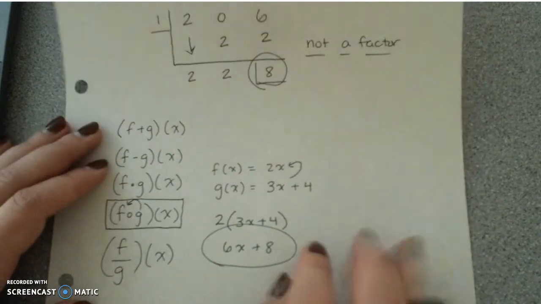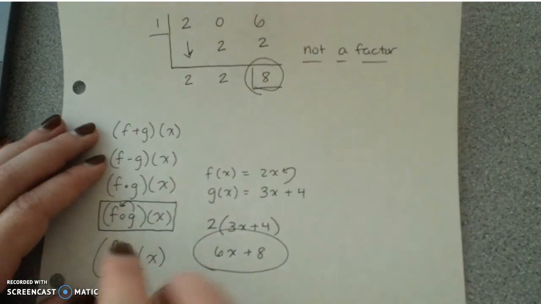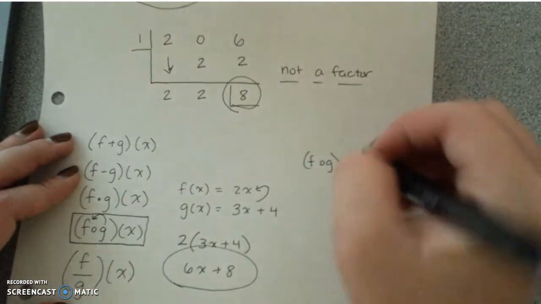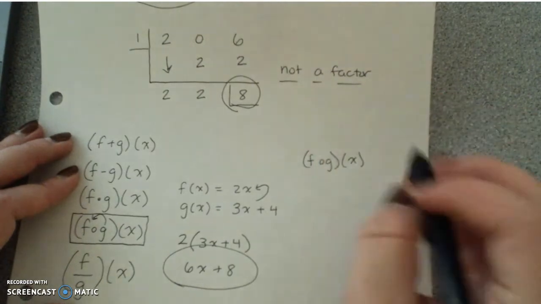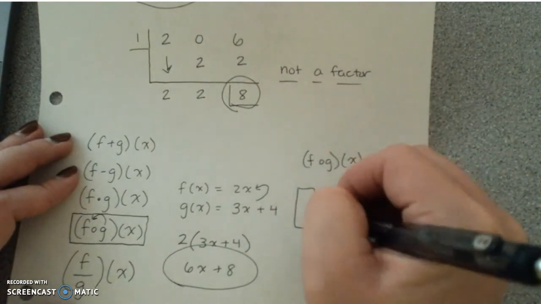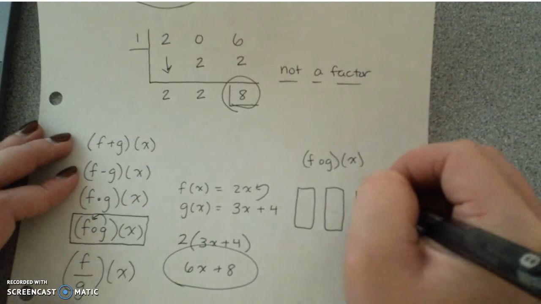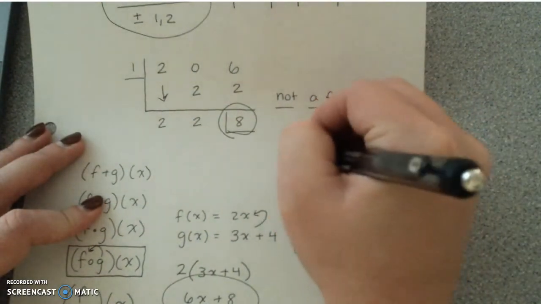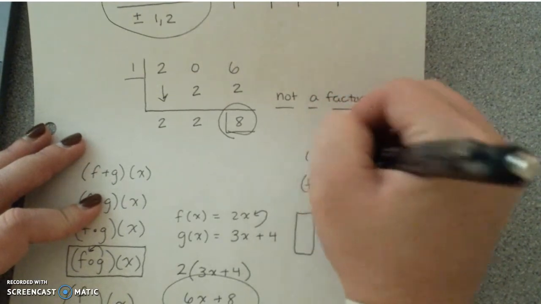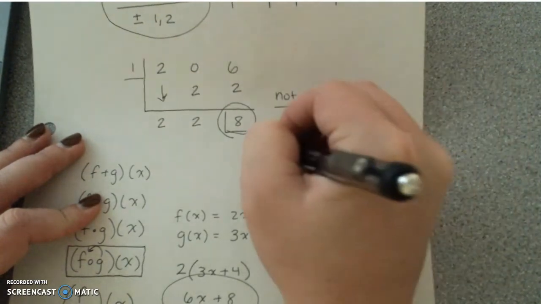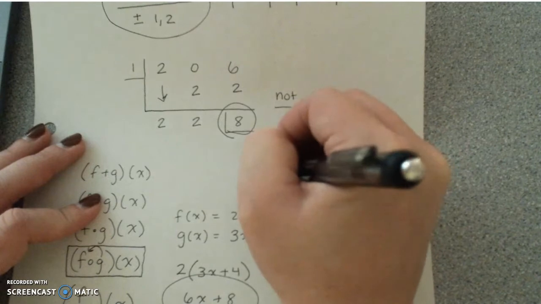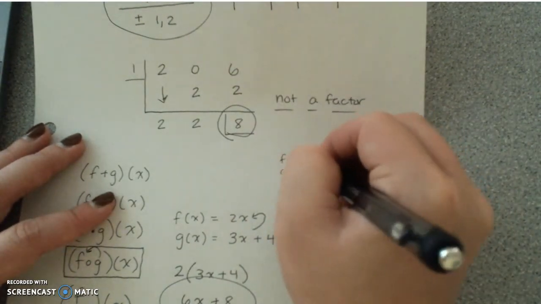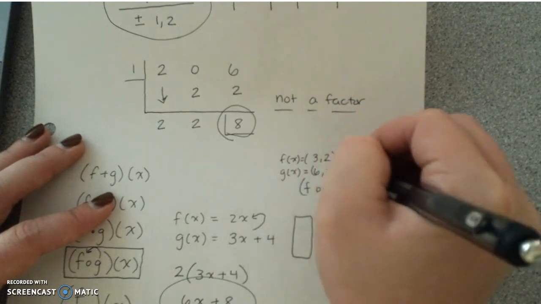Now we also did composition with a set of coordinates. Okay? And that is where we made our 3 boxes. All right? So if I give you a set of coordinates, like (3, 2), (2, 4), and that's f of x, and I tell you that g of x is (6, 3), (4, 2),